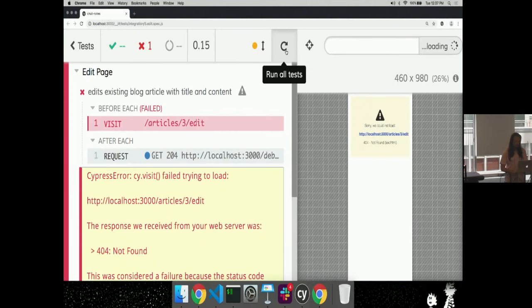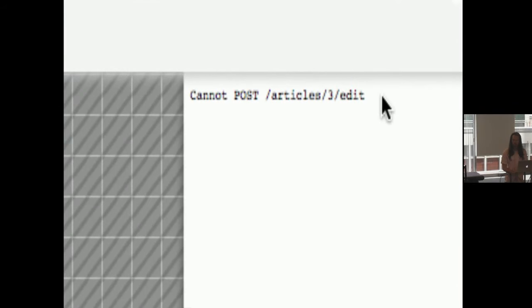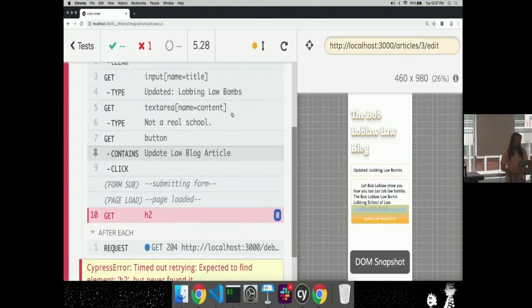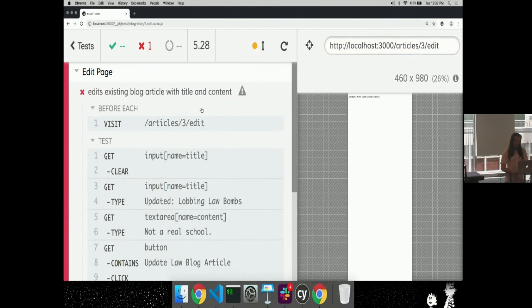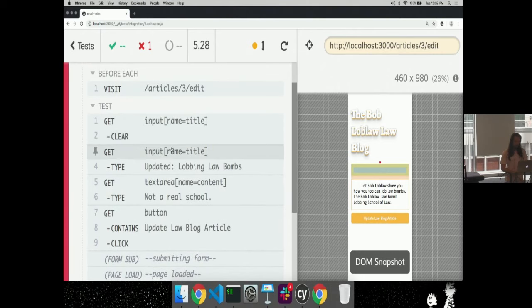And so now it's saying cannot post /articles/3/edit, so that's the next step. But it got that far. It actually added data. We can step through and see it visited this page. It found this form. It cleared it. It added a new title to it.